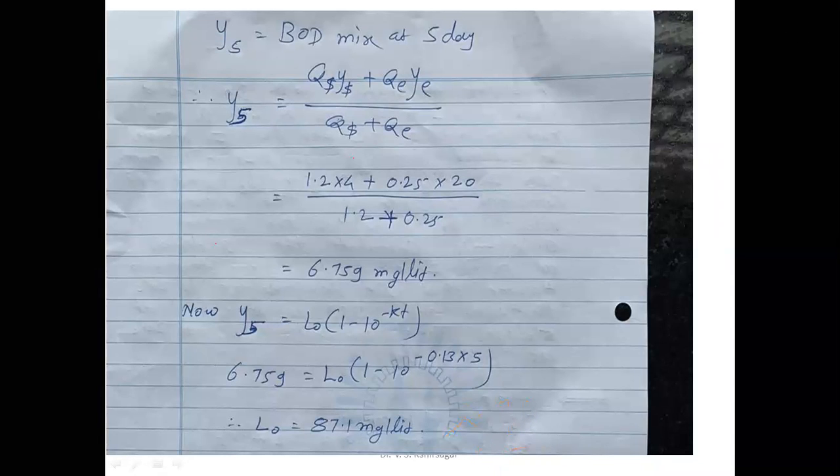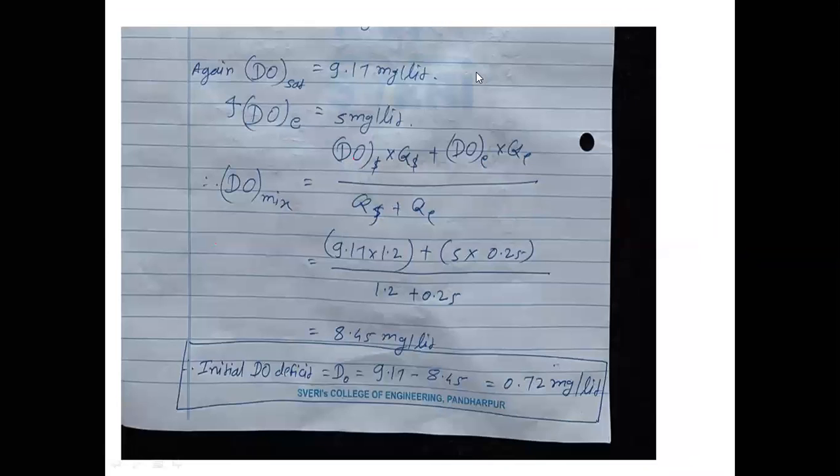Now we have determined the value for L naught. Then we'll go to the next. Now DO saturation. The value of DO saturation is not given. We can take 9.17 milligram per liter. Remember one thing here: if the DO saturation value is not given in the example, you can take it as 9.17